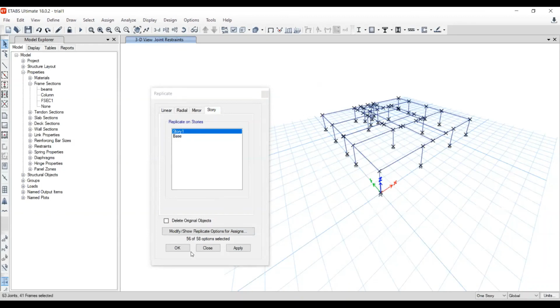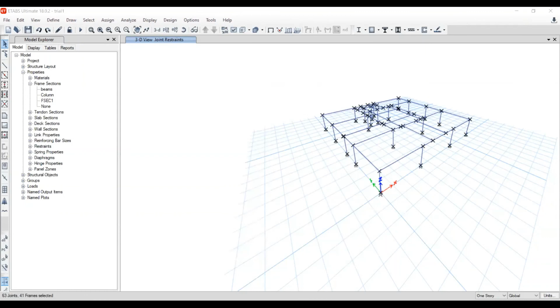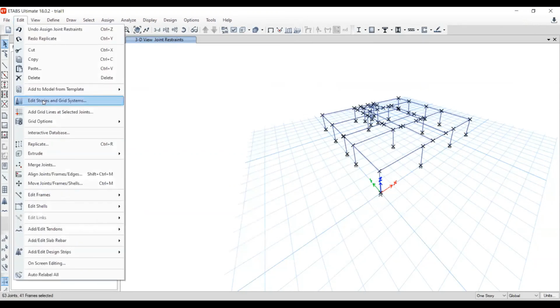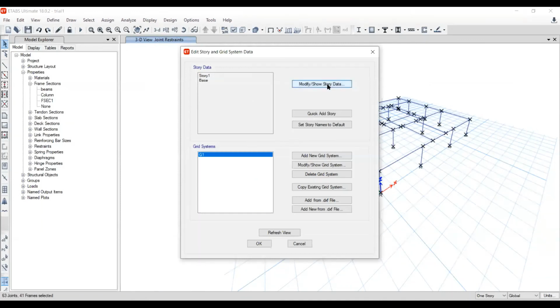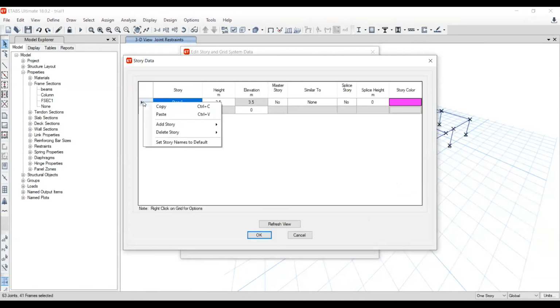Select this entire file. Modify. We can go to the, we can add one more story over here.